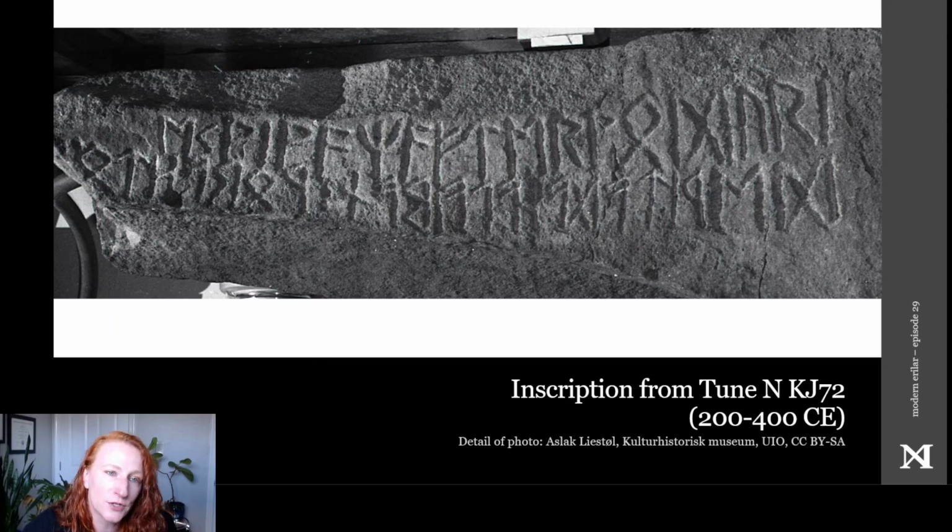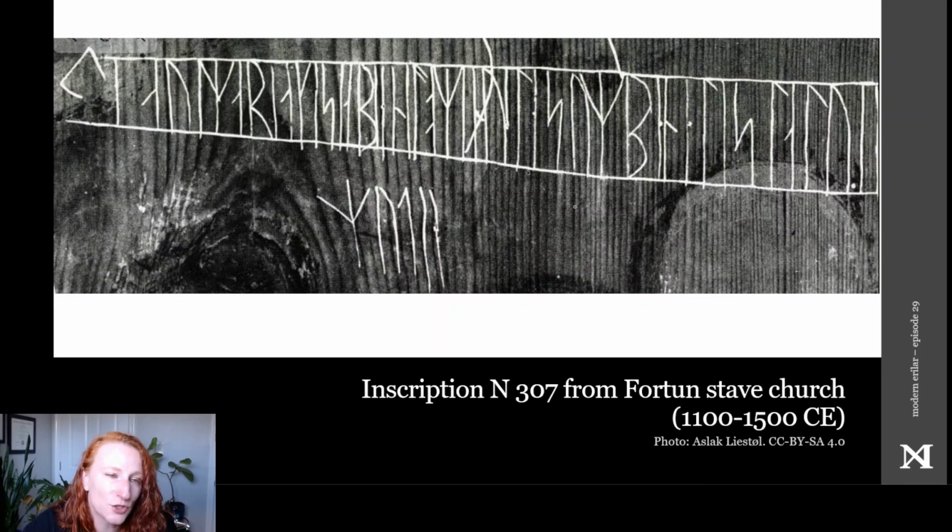If rune writers did divide their words, they did not use space, but instead used division marks. Use of these division marks became somewhat consistent during the Viking Age, but even as late as the medieval period, we still see many inscriptions that did not divide the runes into words, and this practice never gained acceptance on a broad scale. So you can see that this medieval inscription has no division marks.